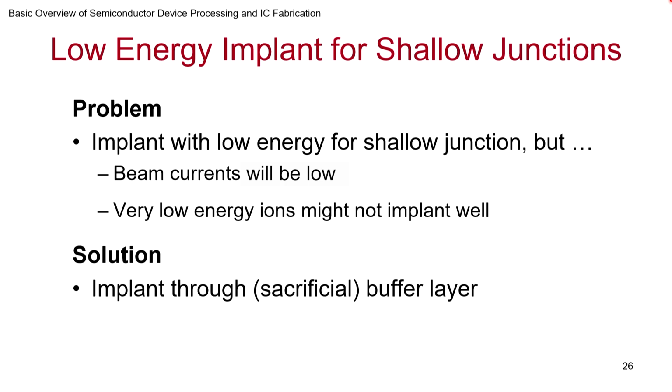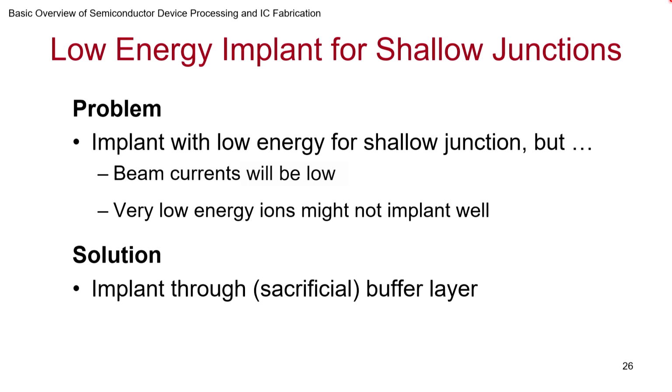Implant through a sacrificial layer. Have a buffer layer, so you end up implanting at a higher energy because you need to make sure that the RP will correspond to an energy which will be large enough to overcome the buffer layer. But since most of the dopant is in the buffer layer, the actual junction that you will get will be shallow when you remove the buffer layer. So you do the implantation, remove the buffer layer. This is one commonsensical solution, correct? One sleek solution. And of course, what is the buffer layer often used? Oxide. Very easy to grow, very easy to remove also.